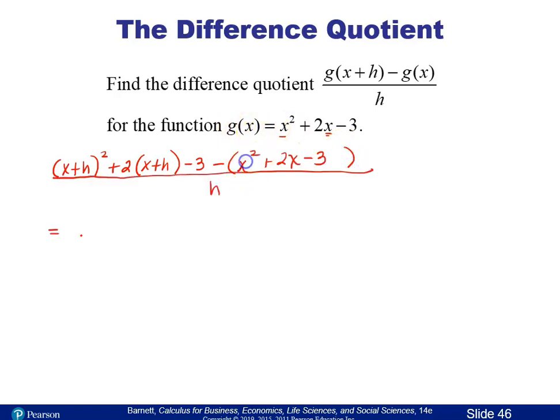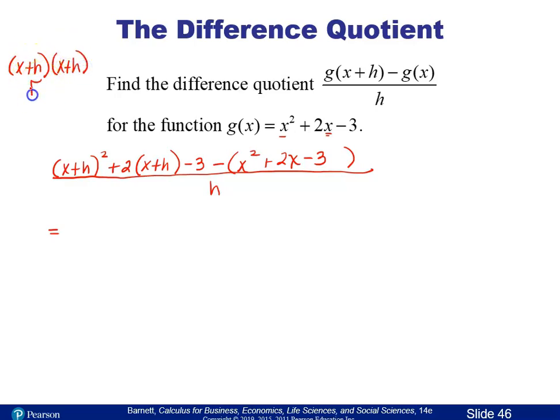g of x there. Okay, now we're ready to simplify this, and this is where we are going to have a little bit more to do with the simplification. So like this one, I always see people want to say it's x squared plus h squared. It is absolutely not x squared plus h squared. If you come off to the side up here and look at this, if I'm going to square x plus h,